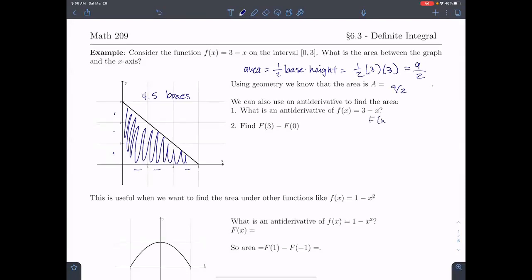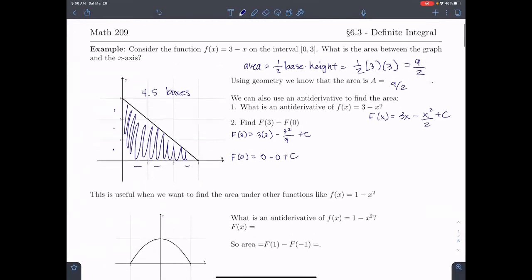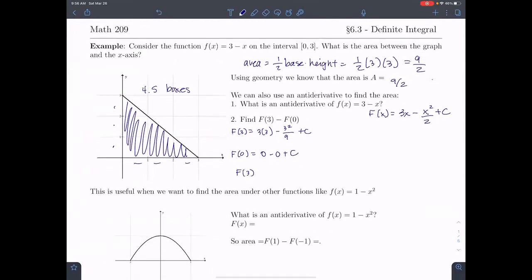So the antiderivative here, capital F of x, would be 3x minus x squared over 2 plus some constant c. So increase the power and divide for each of those. Number 2 says to find F of 3 minus F of 0. So F of 3 would be 3 times 3 minus 3 squared over 2 plus c. And then F of 0 would be 0 minus 0 plus c. So F of 3 minus F of 0 would be 9 minus